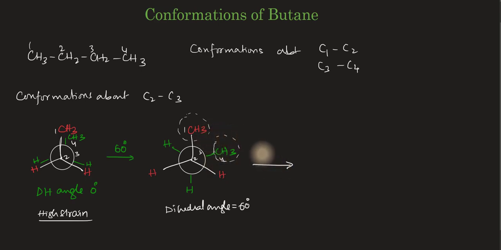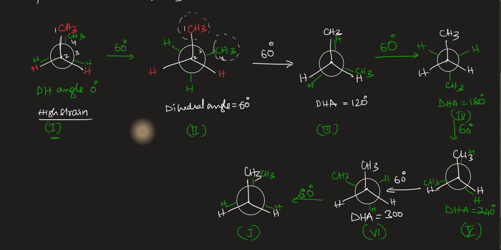So if I increase this dihedral angle by 60 degrees, we get, so now if we see the different structures obtained by having different dihedral angles. In the first structure, we have dihedral angle 0, and this structure will have the highest strain because both the torsional strain, that is the repulsion between bond pair electrons of the C1 C2 bond and the C3 C4 bond, as well as steric strain, that is the repulsion offered by the alkyl group CH3 and this CH3, is maximum. So this particular structure is called fully eclipsed.